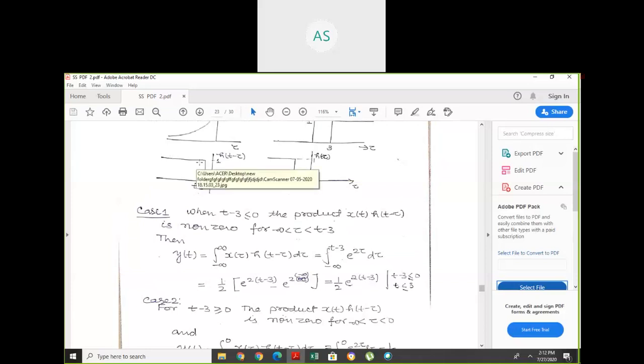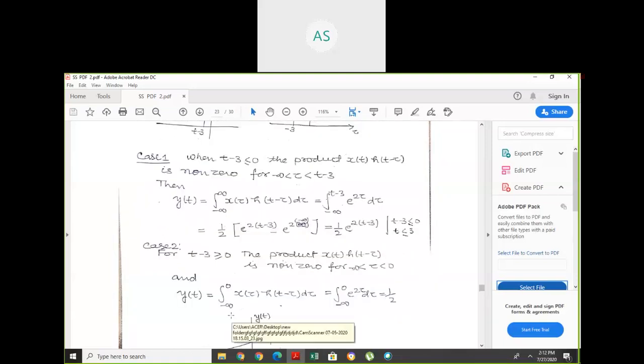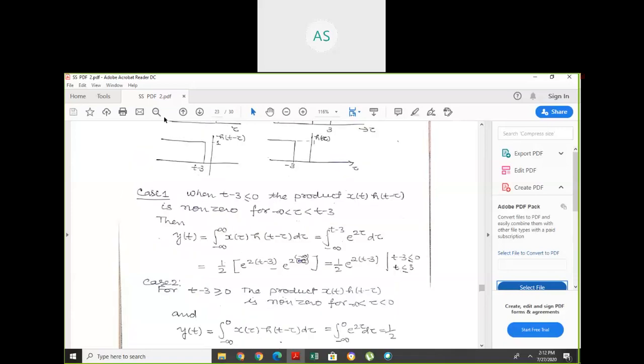This h of t minus tau is shifted in this left area. So t minus 3 is greater than or equal to 0. Then the product h of t and h of t minus tau is non-zero, and the limit is, if this area is like this, so higher limit is